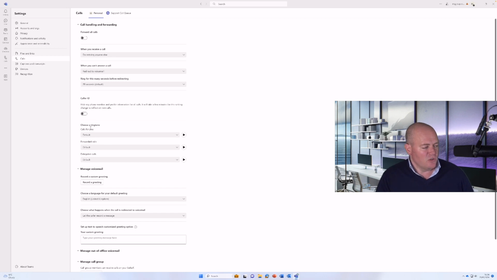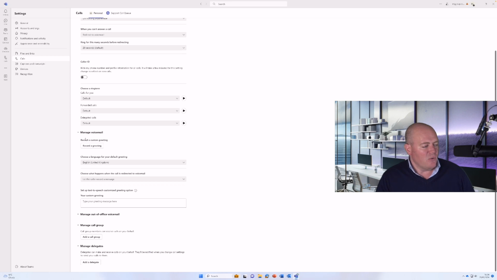Underneath that, you can choose ringtones according to various actions. Then we can choose Manage Voicemail. So this is where you come if you want to record your own greeting. You can click Record a Greeting and record your own voice. I would suggest you keep the language set to English, and underneath that you can choose what happens when the call is